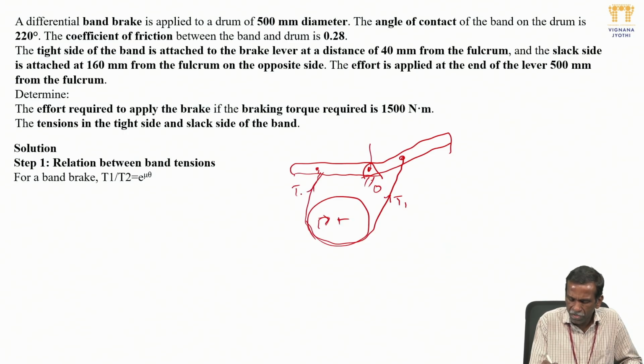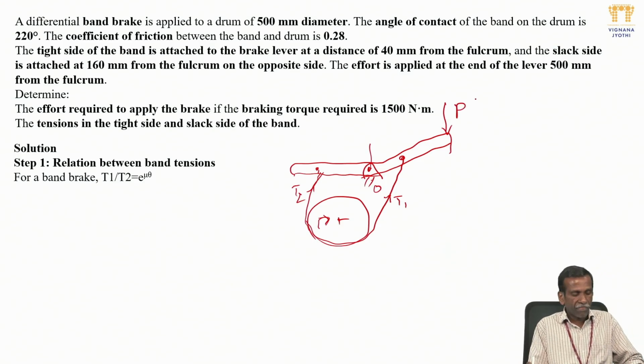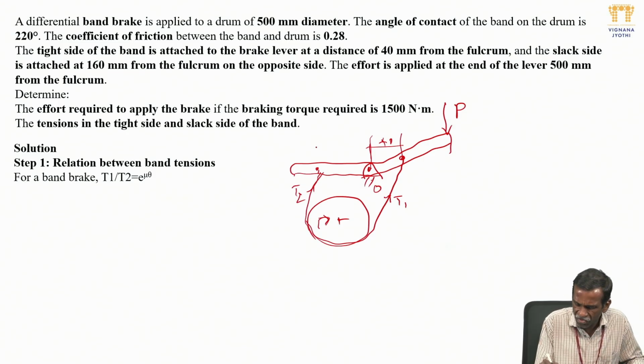Then this becomes T2. So effort P, if you try to get the effort, then this diagram is this one. Then the tight side of the band is attached to the brake lever at a distance 40 mm from the fulcrum. This is 40, tight side, in this case 40, right? Are you able to understand? Then the slack side is attached to 160 mm from the fulcrum. This is 160,